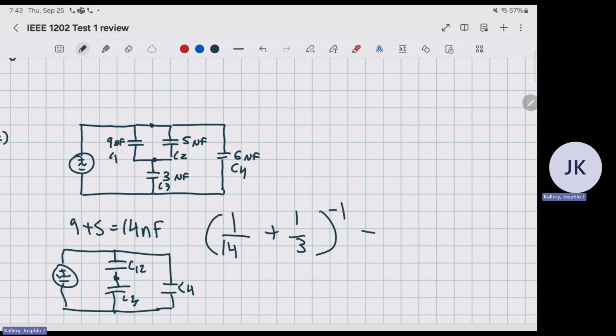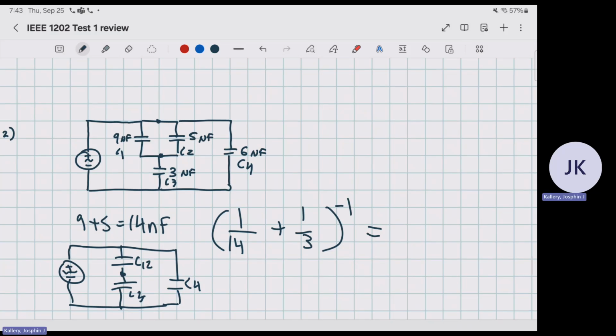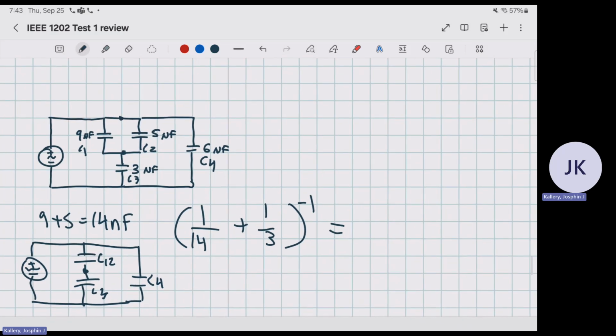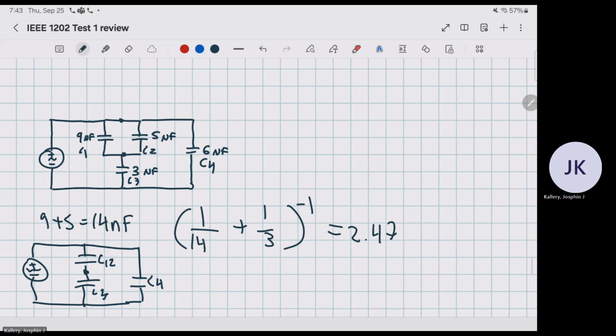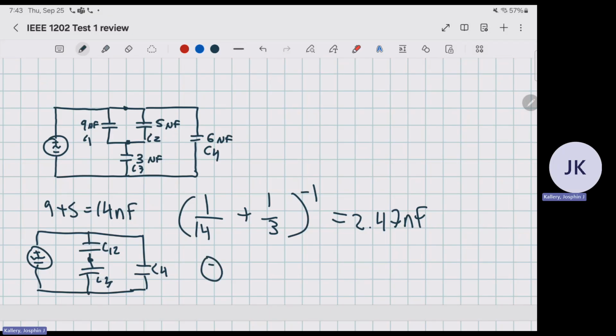And then we can invert it. It would be 1 over 14 plus 1 over 3, and then you can invert it, so it would equal 2.47 nanofarads. Alrighty, so now we have our voltage source, and we have one capacitor here, and we have